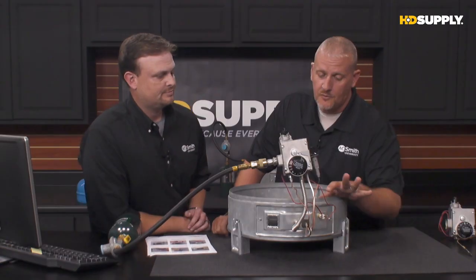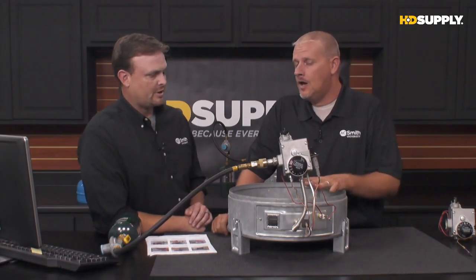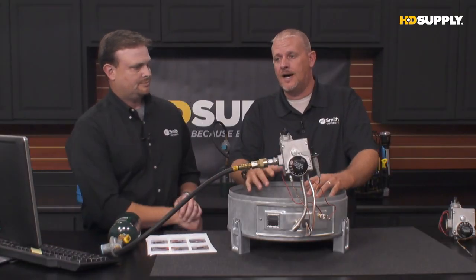Now where am I going? Yeah, if the thermal switch was not tripped and it's still going out as soon as we let go of that knob, the next thing I'd want to do is check what kind of voltage we're getting out of this thermocouple. We know that thermocouple has to produce voltage in order to hold the valve open. It takes at least 10 millivolts to do that. So the next thing I want to verify is that the thermocouple is producing the 10 millivolts I need to hold the valve open. Okay. We'll show you on